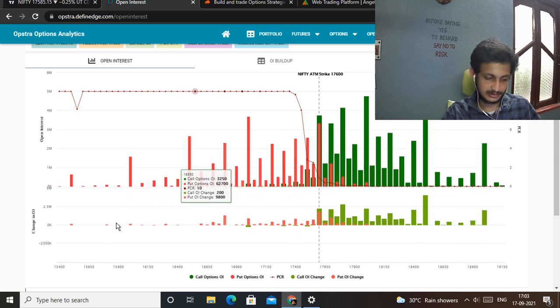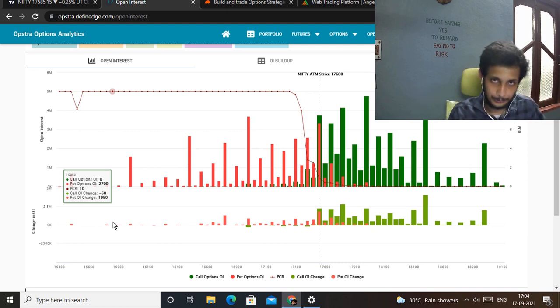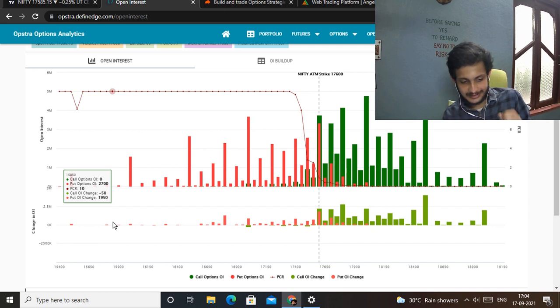This is the change in OI chart. The change in OI tells you what happened to the options today. Right today, what was the view of the great option sellers, the big players in the market, on the range of the market? We have to copy that and cultivate that. So let's see it analytically.